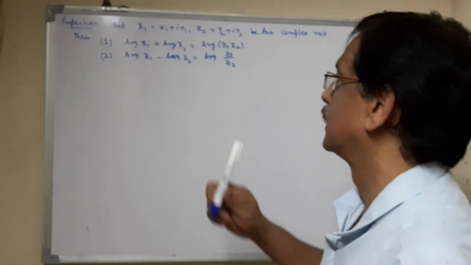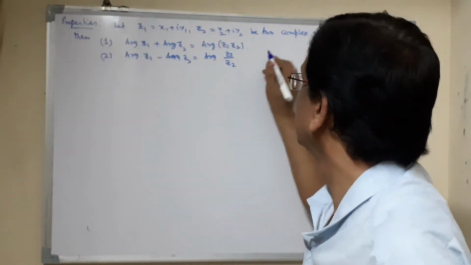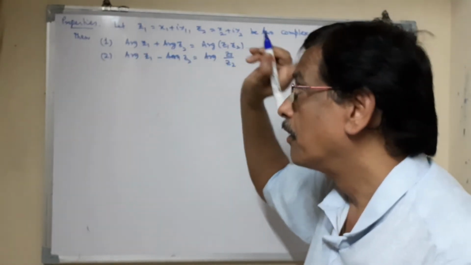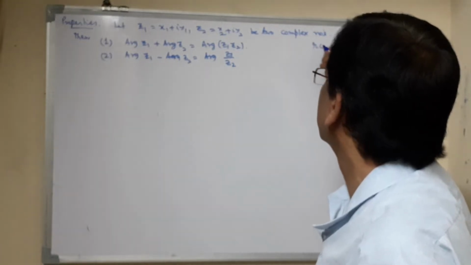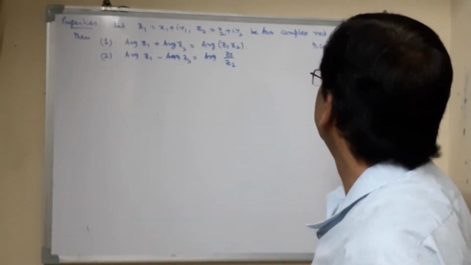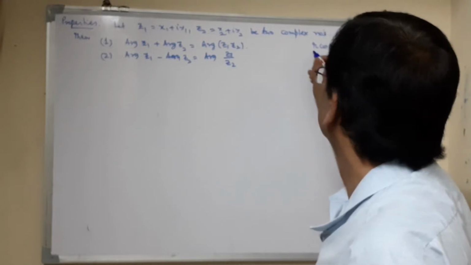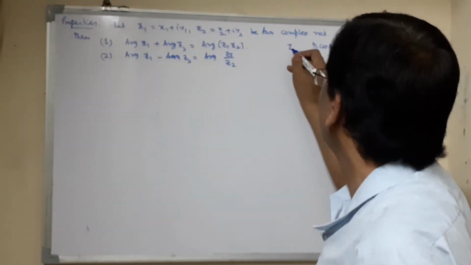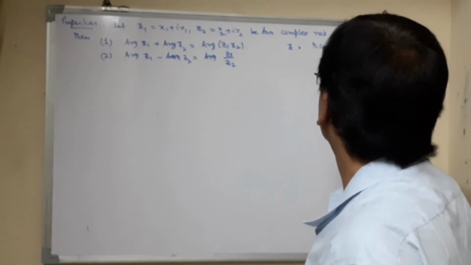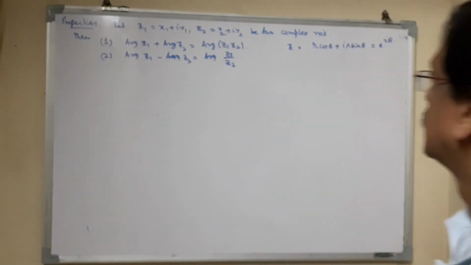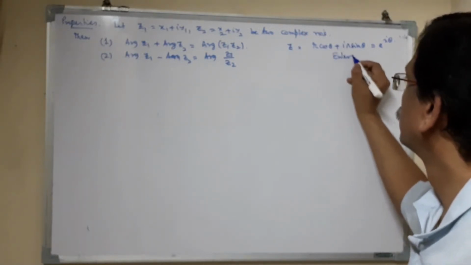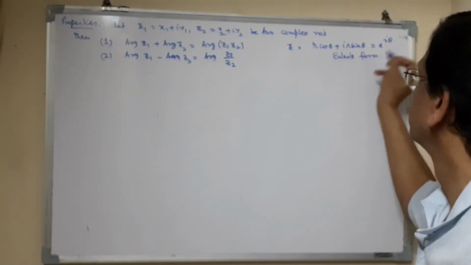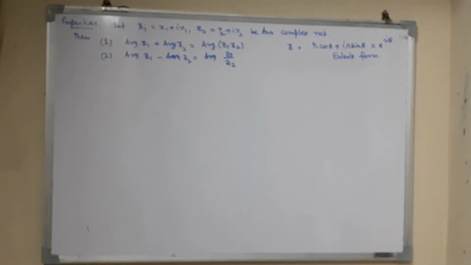These are very simple things to prove, and you can easily see argument of Z1 is an angle. Remember one more thing, when I am writing r equal to r cos theta plus i r sin theta, this is the complex number Z, which you can write down as e power i theta. This is called Euler's form of a complex number. And this can be easily proved.